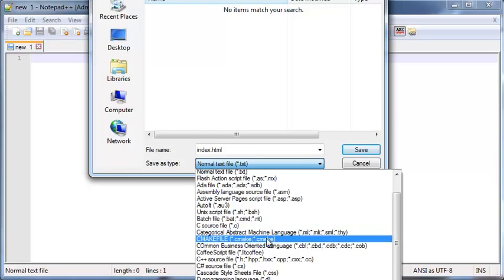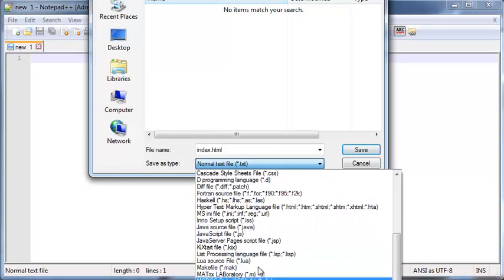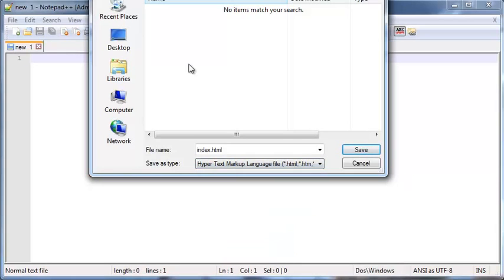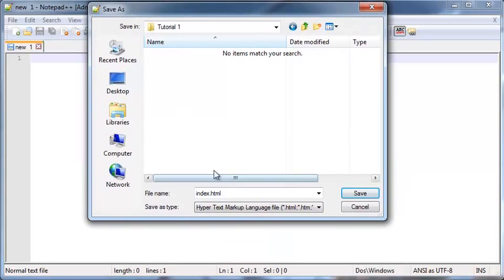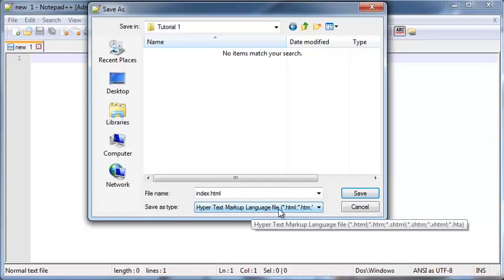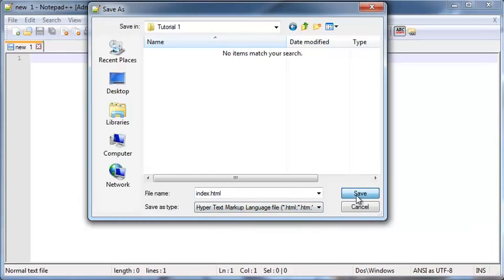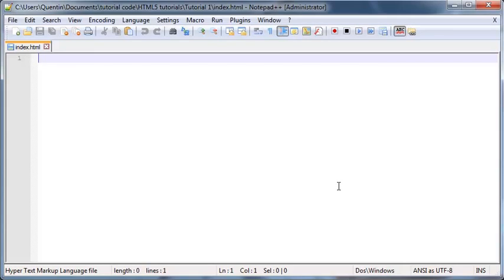Okay, and if you want to make sure that it saves correctly as an HTML file, then you can go ahead on this drop down list and look for HTML, which is over there, hypertext markup language. So that's what HTML stands for: hypertext markup language. So let's go ahead and save this now, and boom, we've got our first HTML